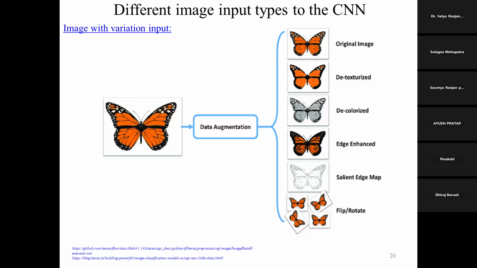Another thing is what type of data you are using. As I mentioned this morning, if you want to classify a tree and a river or a tree and a book, they are very different in their features. A layman can also say this is a tree, this is a river.